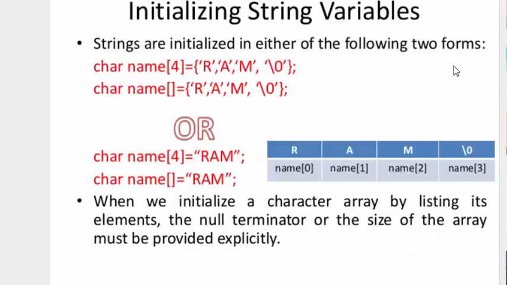So now is the initialization of the string variable. We have to assign values to our string. Declaration is by using char name and the size of the string, and now comes the initialization. We have to assign some initial values, that is, we have to give the string. So here strings are initialized in either of two ways. The first one is that we can do the assignment as well as the declaration in one statement.